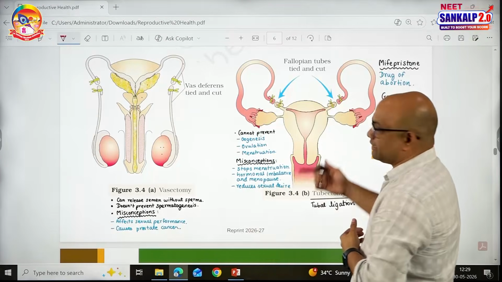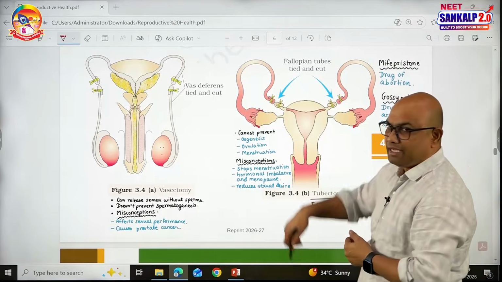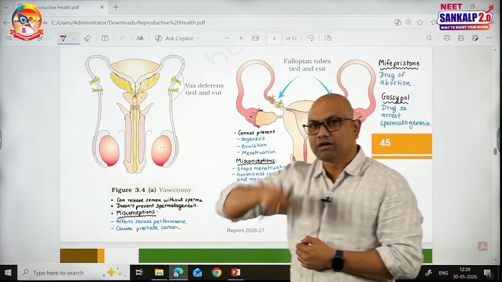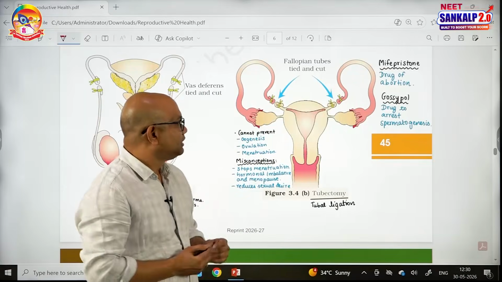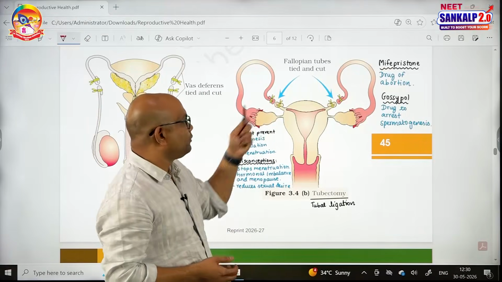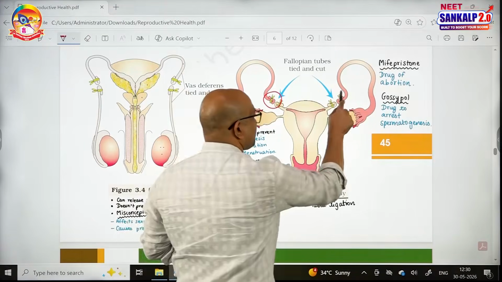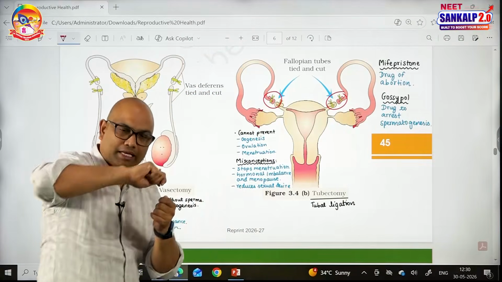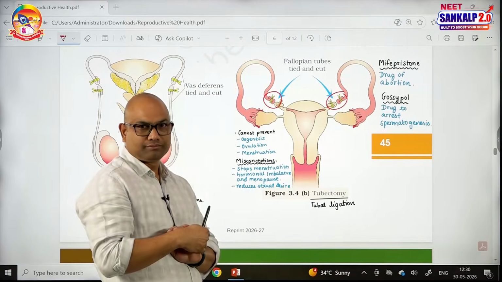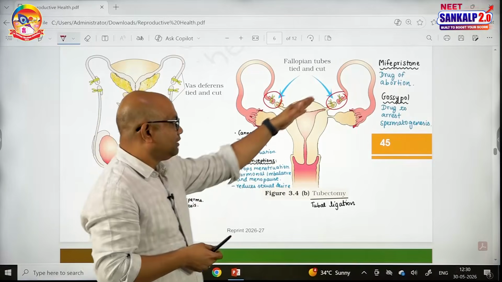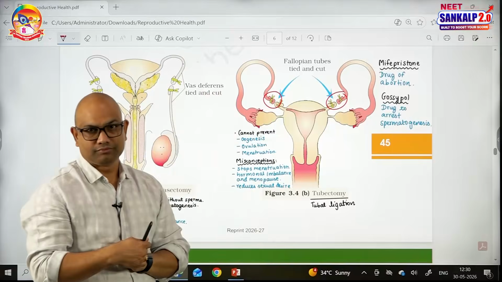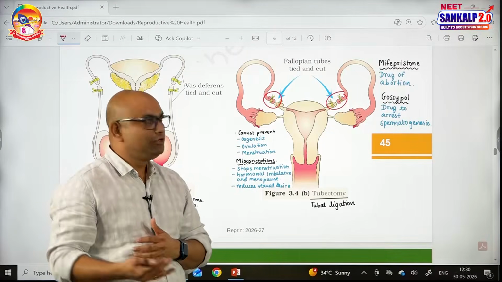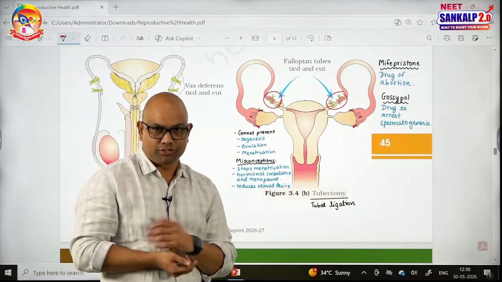Next, regarding tubectomy, guys. In the tubectomy, there is a small incision, a small cut made on the lower abdomen, and through that they will reach the fallopian tube. On both the sides they will cut the fallopian tube. A small portion is removed and the remaining portions are tied. And it can be done by the incision or through the vagina also. One more term generally we use for a tubectomy is tubal ligation.